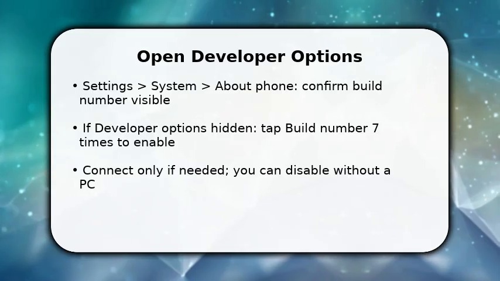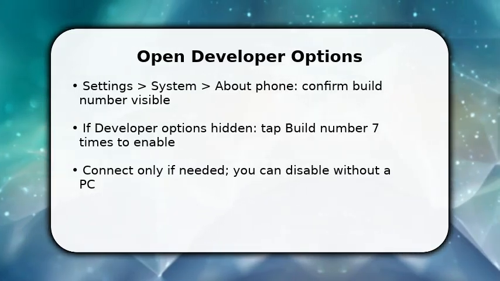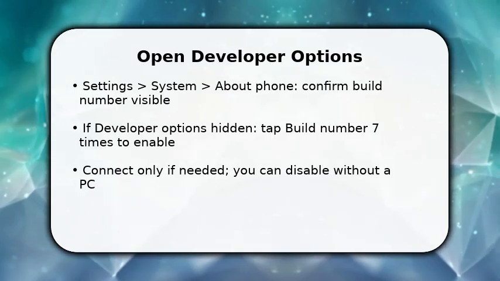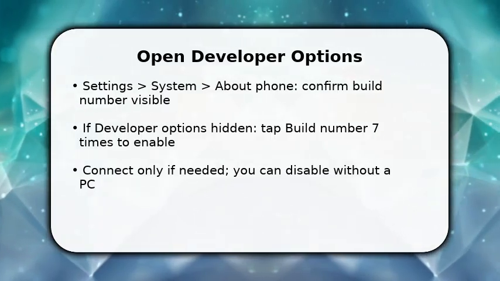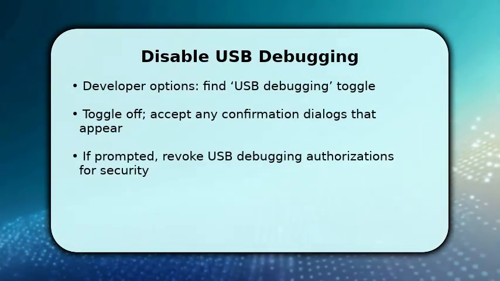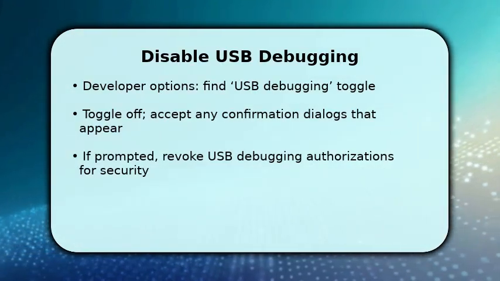Make sure your device is unlocked and screen on. This prevents accidental reprompts. You don't need a cable yet, just prepare the menu, so the next steps are immediate and accurate. You now disable USB debugging by scrolling to the USB debugging toggle in Developer Options and switching it